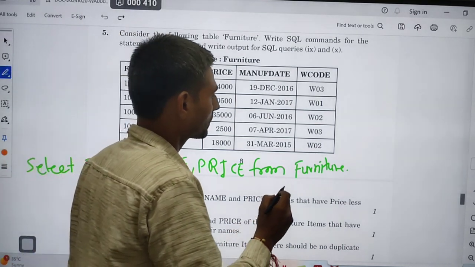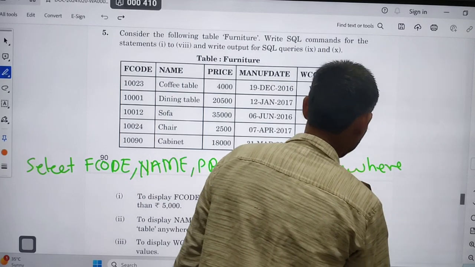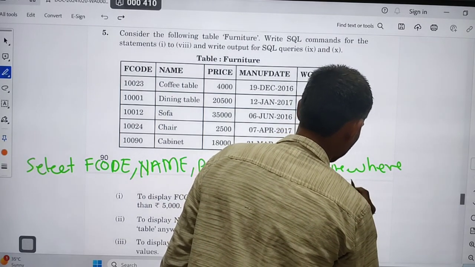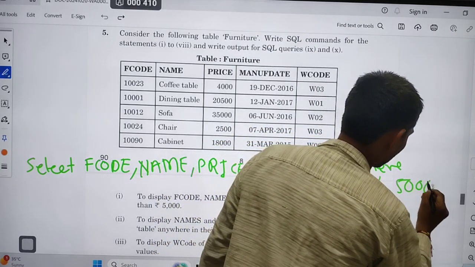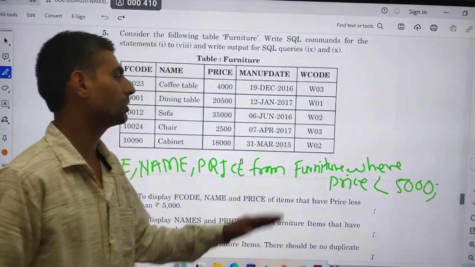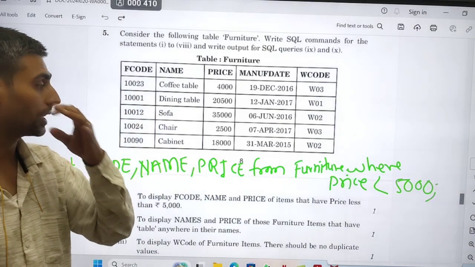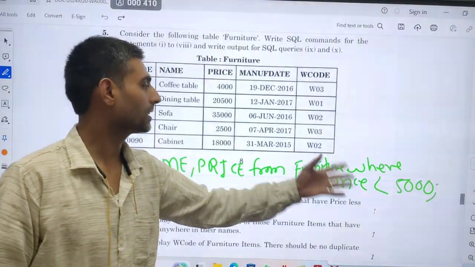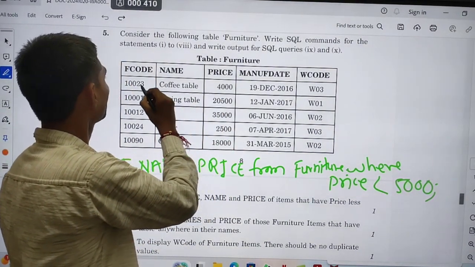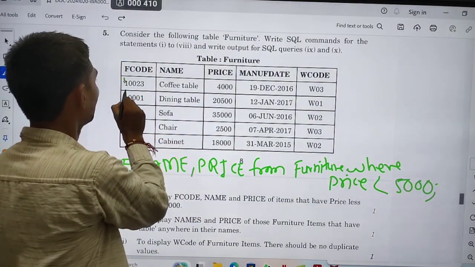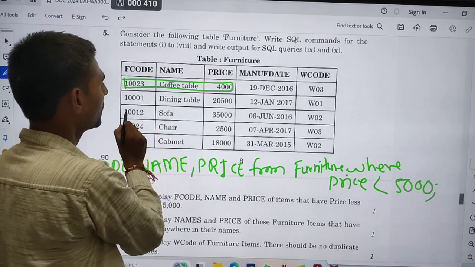So for that we will write where, after that I will write price is less than 5,000. This will list the F code, name and price of the items whose price is less than 5,000.